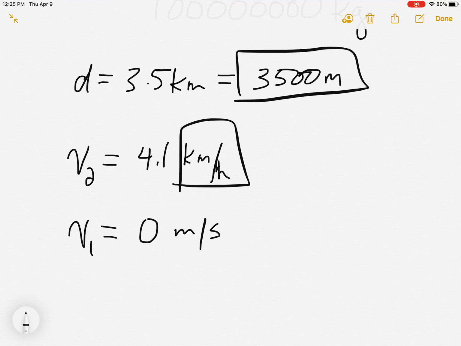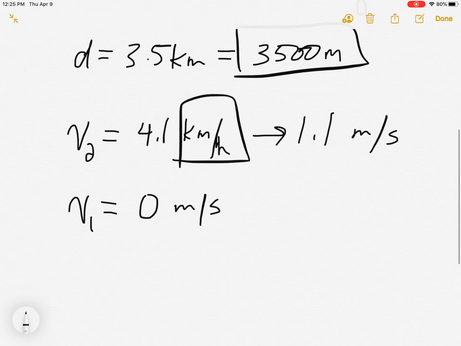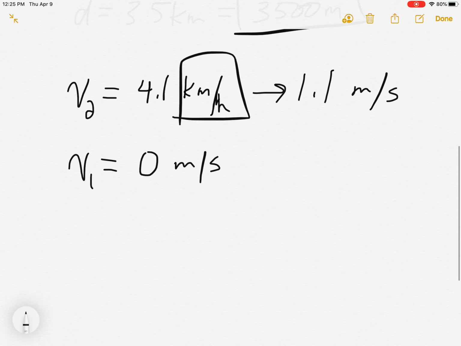This one has to be changed. If you watch the conversion videos, then the way we change that is by dividing by 3.6. Okay? So you change that to 1.1 meters per second. You have to do your unit conversions. Okay, so now,